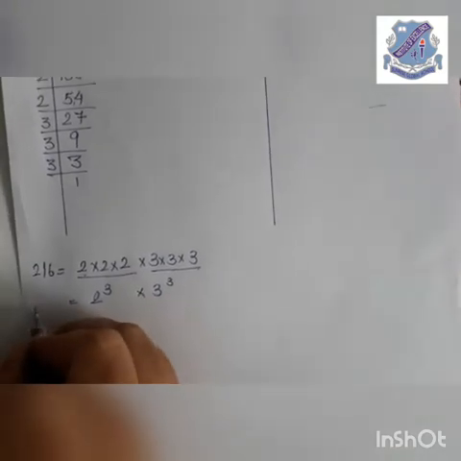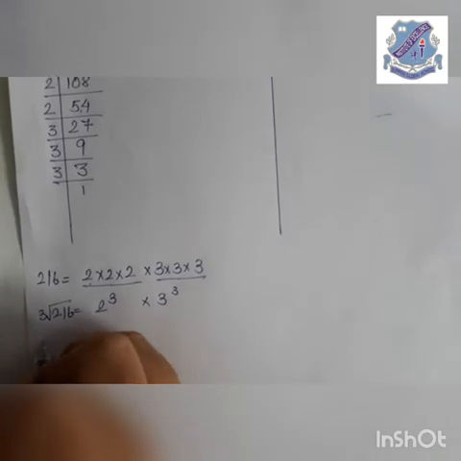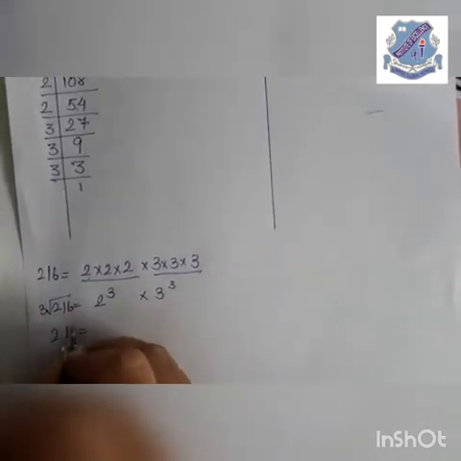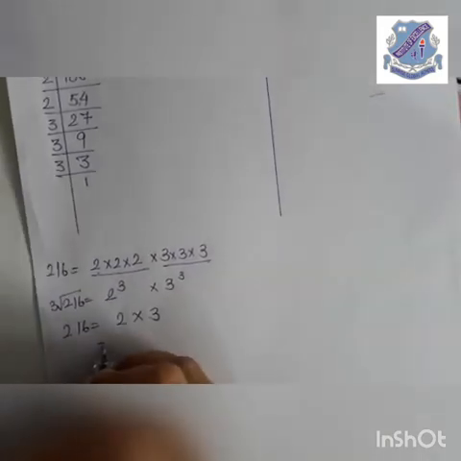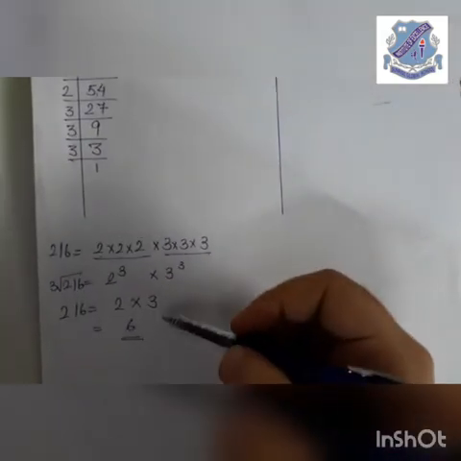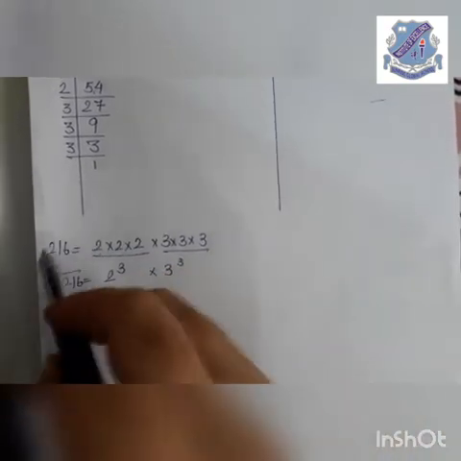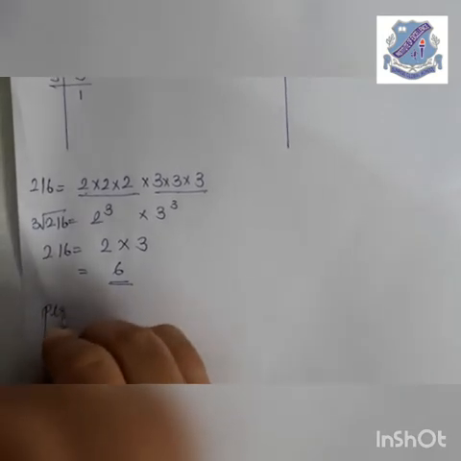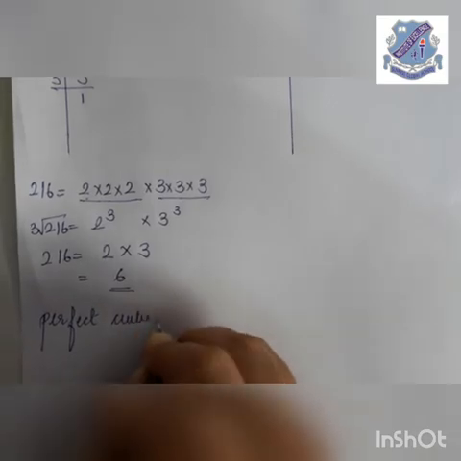So we'll put a cube root sign over here. While putting the cube root sign on 216, when the cube root comes out, it will be like 2 into 3. So 2 3s are 6, correct? Here no number is left over, everything has formed a perfect group. That means this number 216 is a perfect cube. So we'll write that it is a perfect cube, correct?